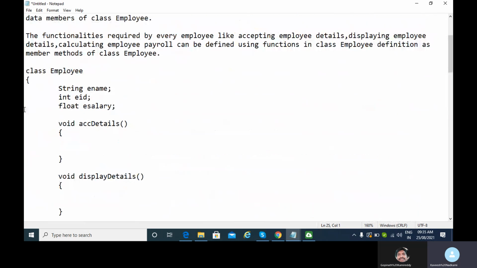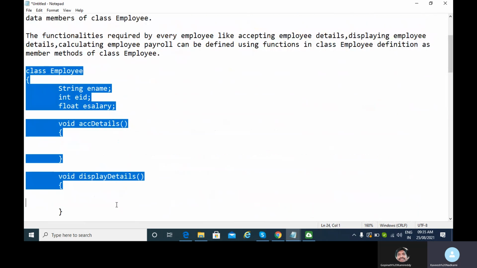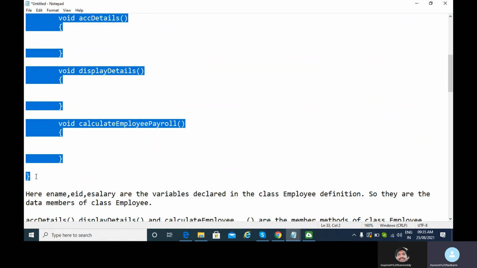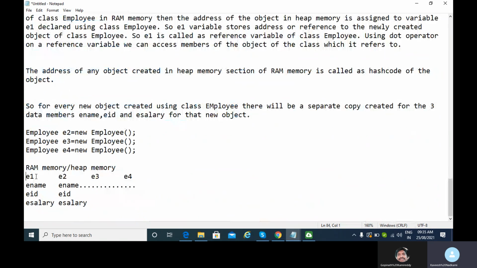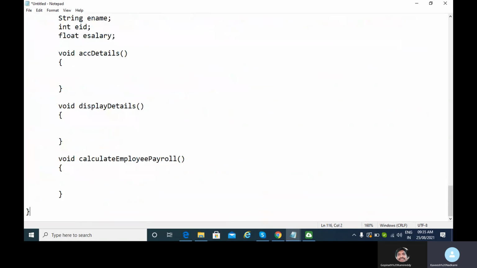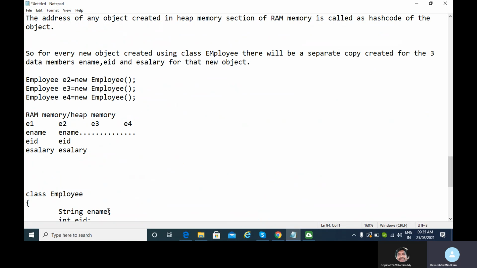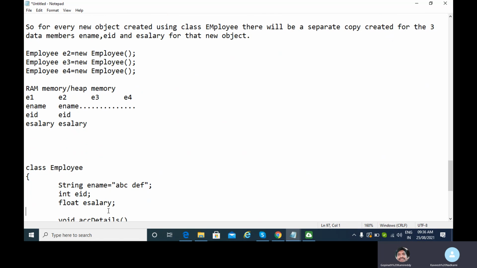Suppose I define the class Employee now, and while declaring the data members of the class Employee, I assign some initial values here, for example, ename equal to "ABCDF". Remember, a string value must always be enclosed in double quotes. Suppose eid 5 and esalary 50,000. Now what will happen?